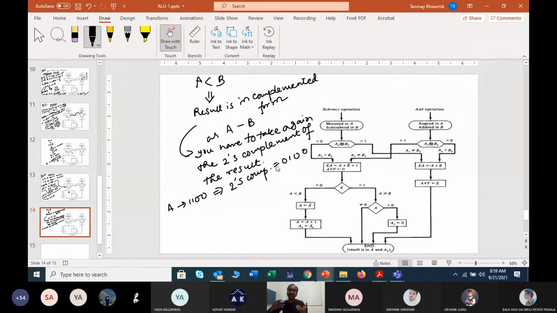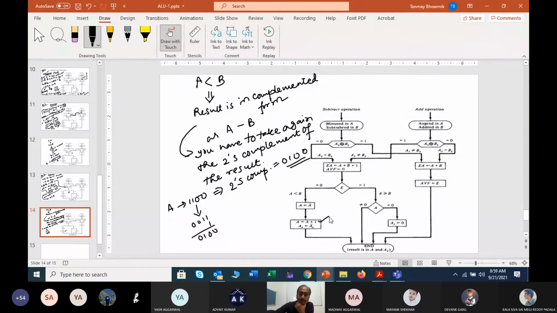And if these terms are confusing, no need to do any experiment. Simply take the 1's complement of this, it is 0011. Add 1 to it. You will get the same result 0100. The same result 0100. So that means you are basically performing the same here also.